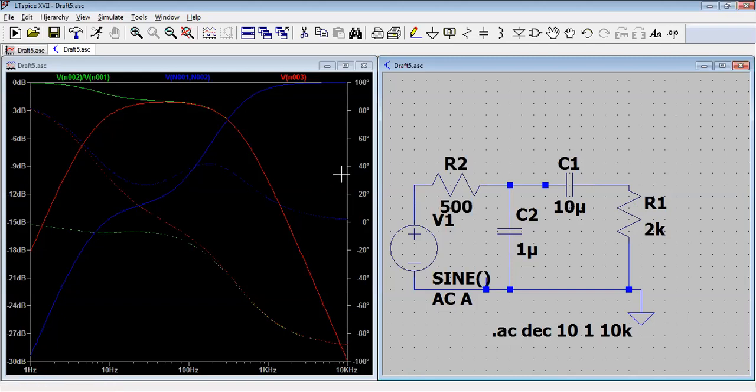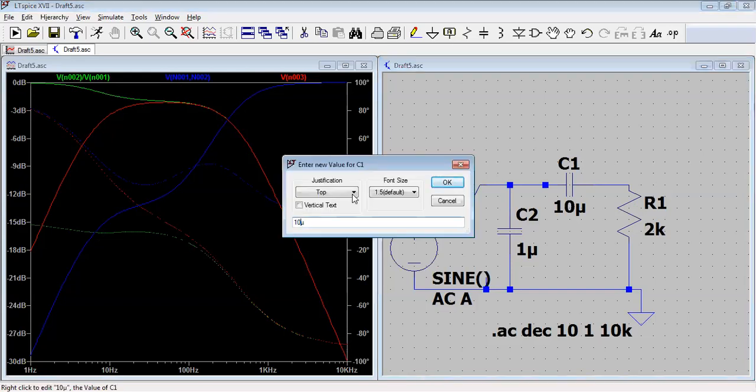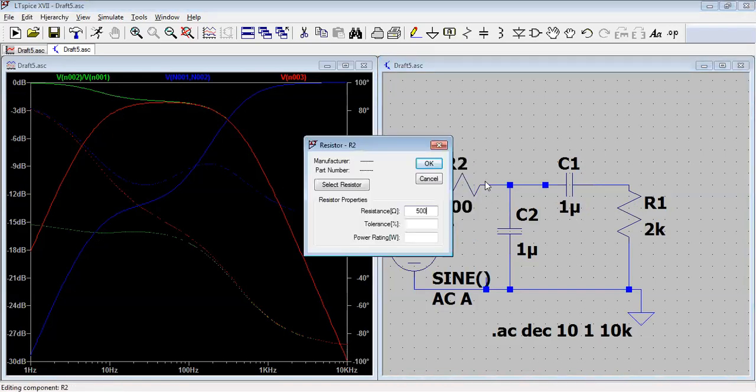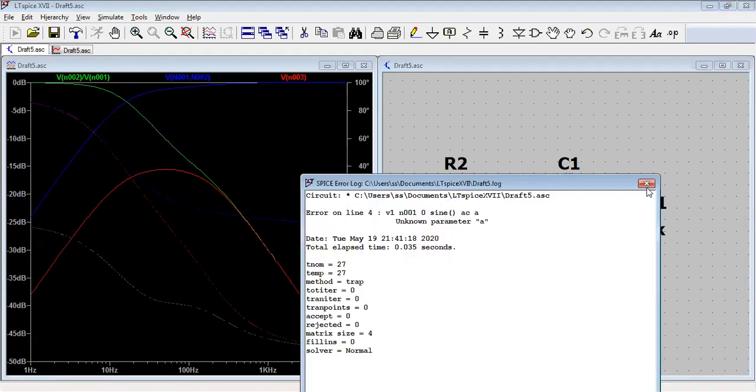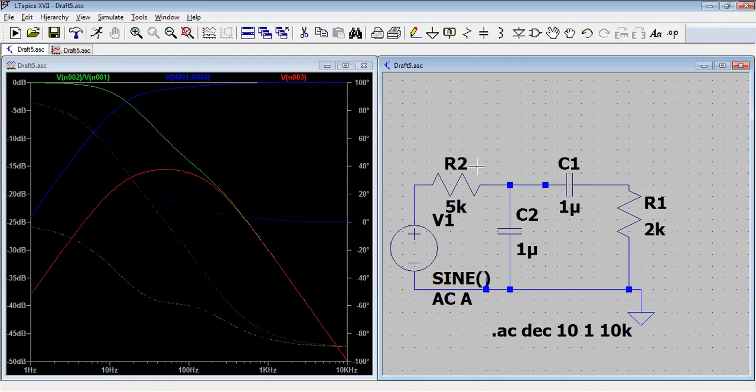Okay, so let me do one more thing. In place of this 10 microfarad, let me put it at 1 microfarad only, and change this particular value to 5k. Let me increase this value, then see how it will work, and then run it. You can see if we increase the resistor value in the low pass filter, the response is going to decrease. So these values should be low, these values should be high, if we want our band pass to be very perfect.